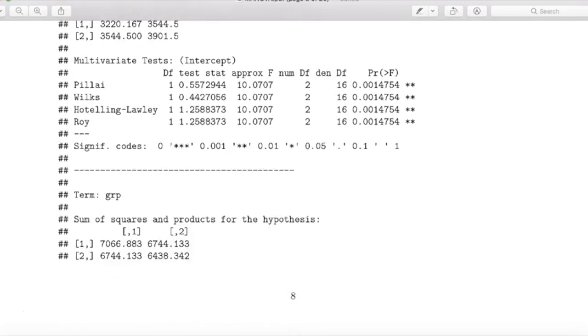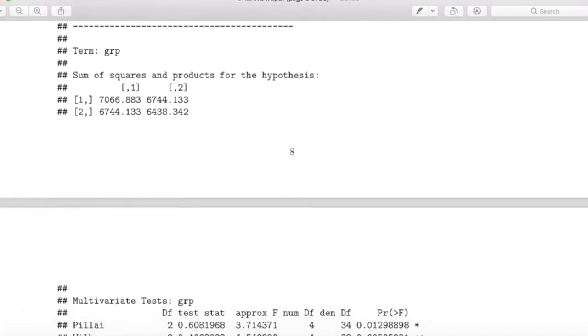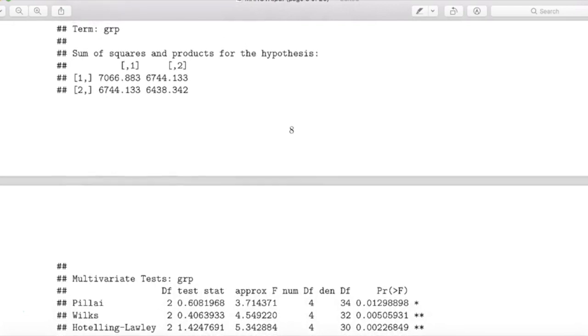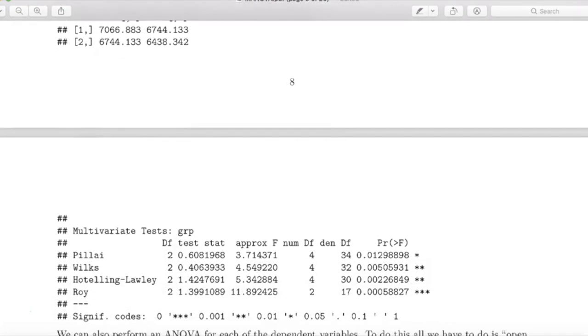So we're going to jump to a group. And this is where we're going to look at our multivariate statistics, the 4 statistics that we discussed: Pillai, Wilks, Hotelling, and Roy's greatest root. So here are the actual statistic values. I'm trying to highlight it. I just remember that the PDF doesn't let me highlight everywhere I want. So this is actually the value of Pillai,